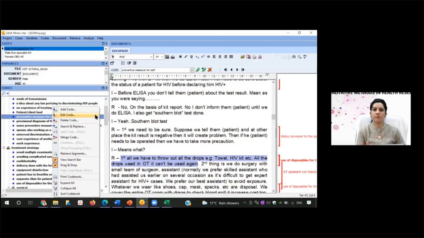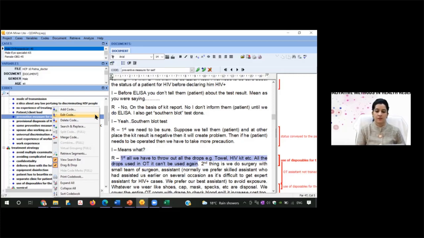If you have got up till 70, 75, that is okay. But 300 codes doing on QDA Miner, thinking the process and writing, you need at least something which makes this task easy. So we found that Excel was a good option. But again, you can have your own way of doing it.